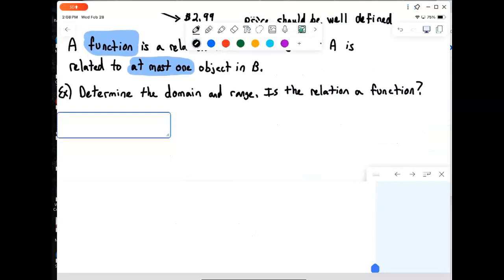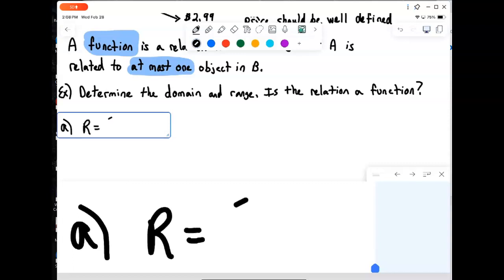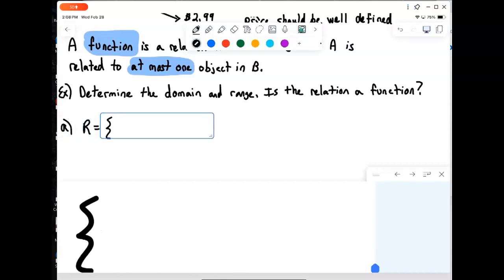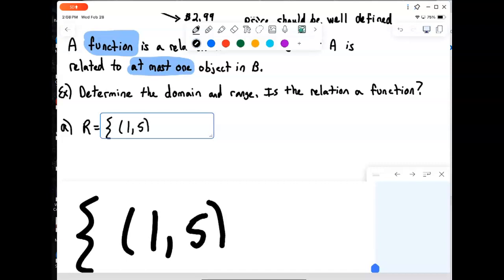Now we could give a diagram like I did up above. Another way to do it, which is a little more compact, is to give your relation as a list of ordered pairs. So for example, we might have the relation 1 goes to 5, 2 goes to 4,